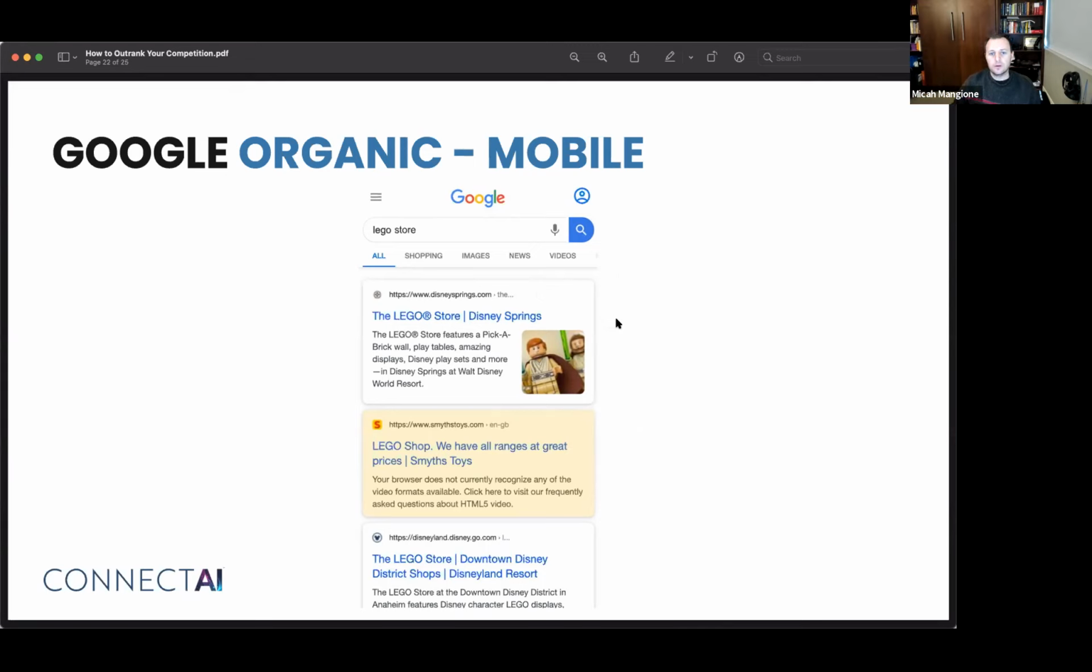But here, going back to the organic results, the search query was Lego store. And so what does Google think that you want? Well, it's guessing that you actually want to go to a physical location. And so what it's done is it's actually shown you the store listings. Now, inside of these listings, this is your